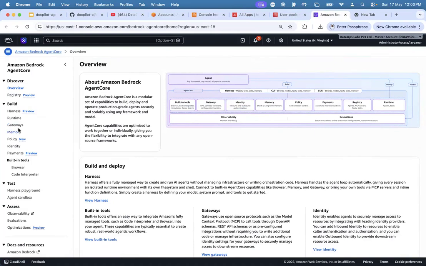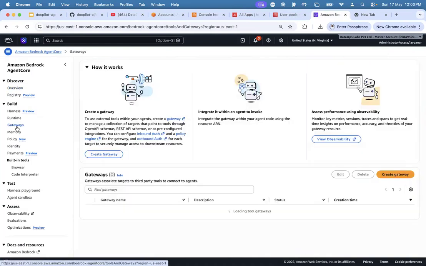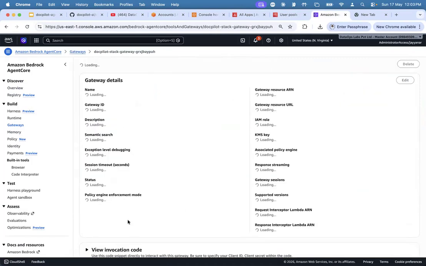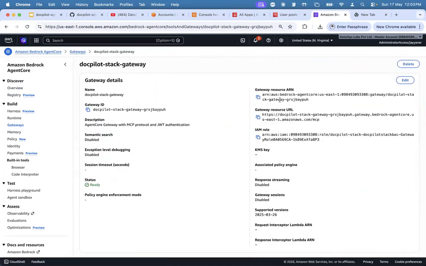So if we click on the gateways, this is the DocPilot gateway. Okay, you have everything. This is our gateway URL. So go to the MCP.